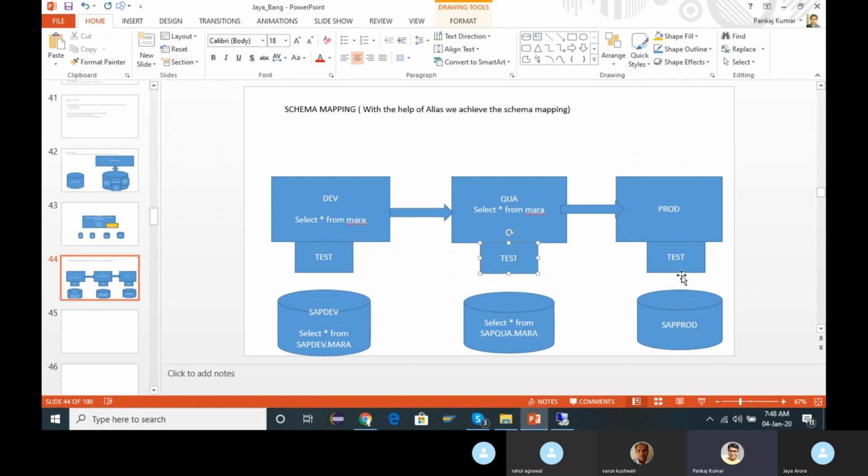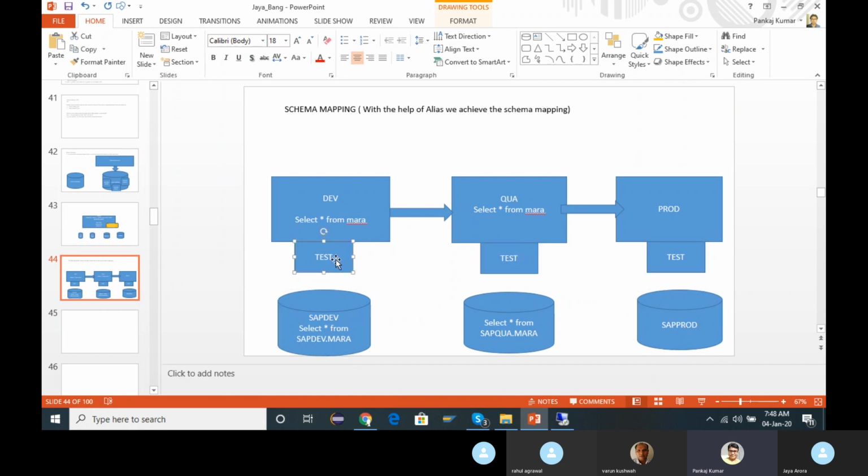Whether it is the same alias or different, I don't know. The database administrator people will be the perfect person to give this answer, but this is how we handle the different schemas with the alias name.